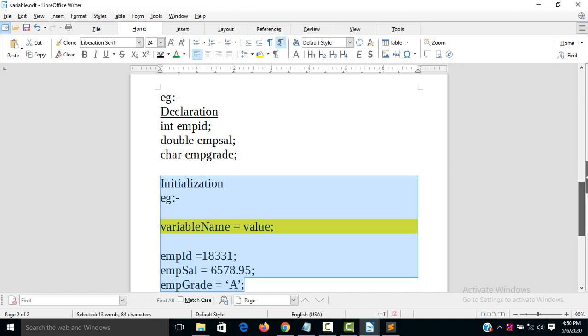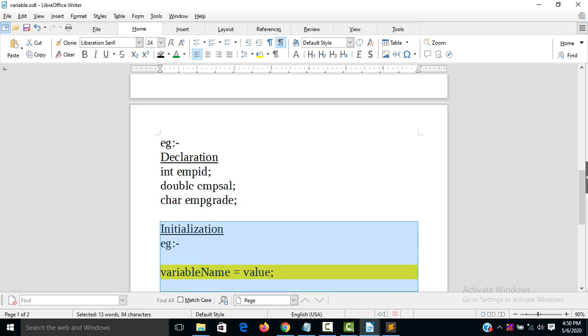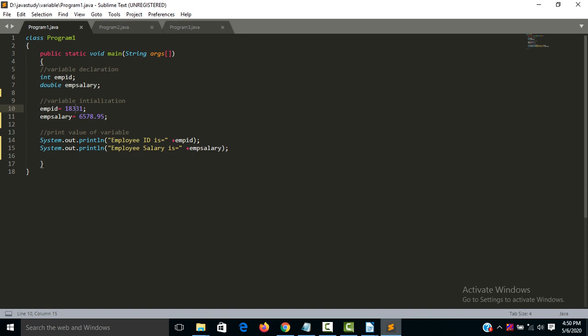Let's take an example. Here is my first program of variables. You can see in this program variable declaration and variable initialization. This is the class name of this program. My class name is program1, and this is the main method of this class. Here is the variable declaration: int empid, double emp salary.